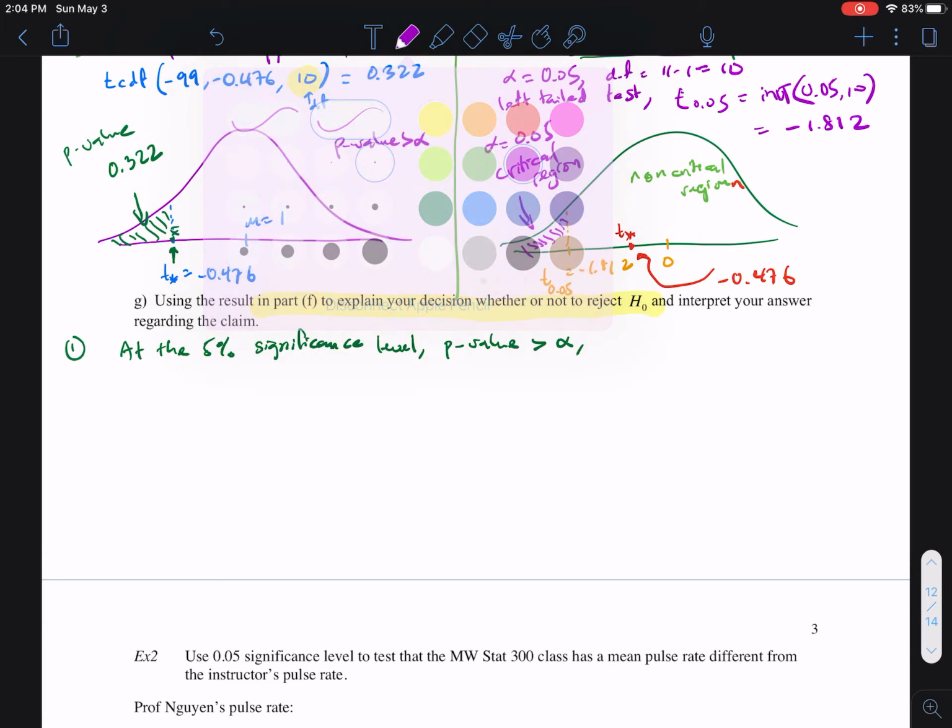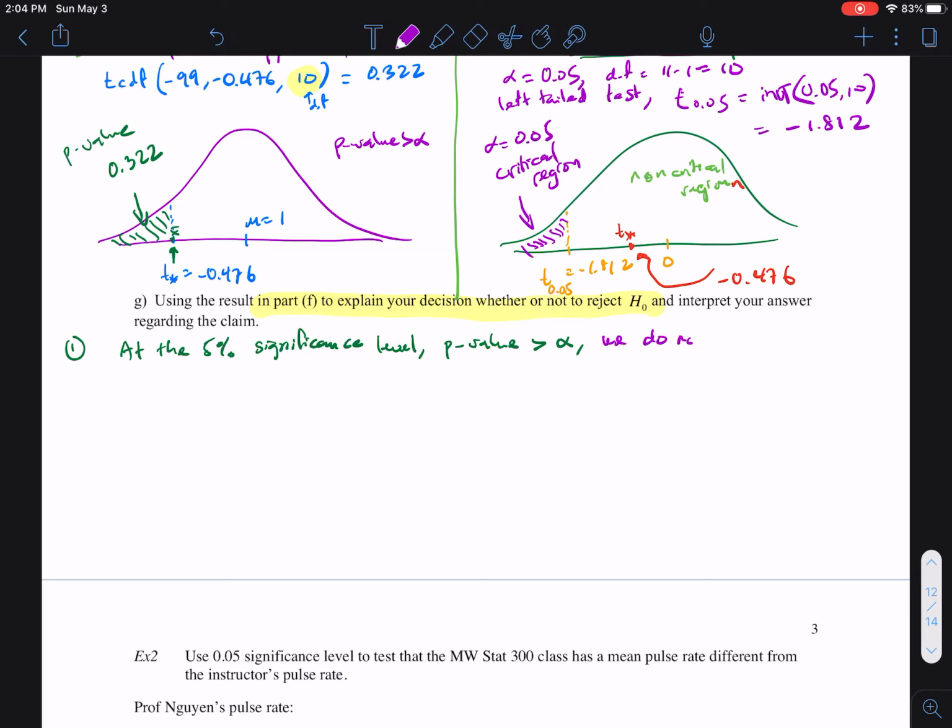This implies that we do not have sufficient evidence to reject the null hypothesis